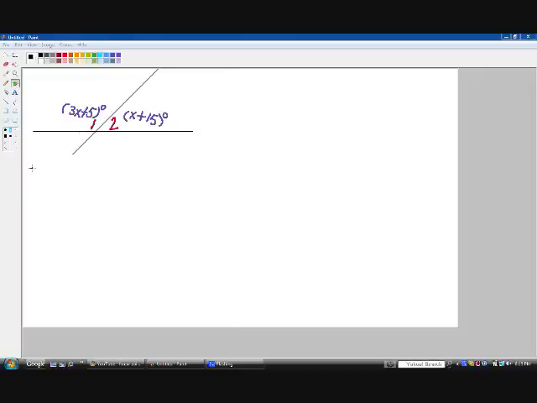Angle 1 and angle 2 are a linear pair. If you remember, linear pairs are always supplementary. Supplementary means that two angles add up to be 180 degrees. So, since angle 1 and angle 2 are a linear pair, and angle 1 is 3x